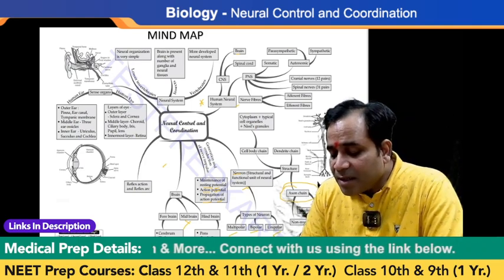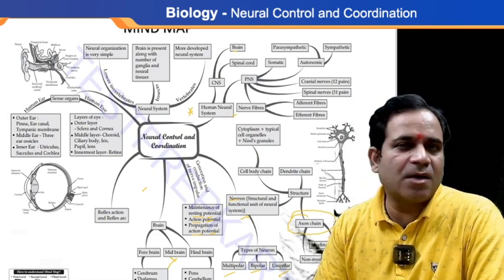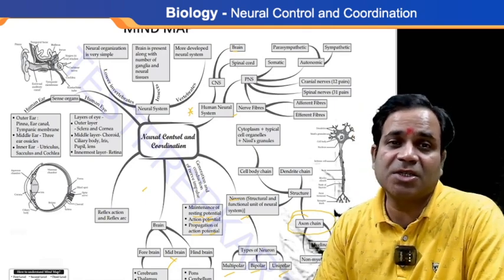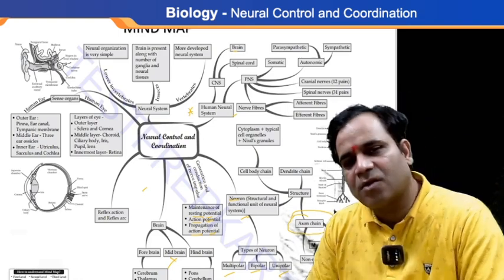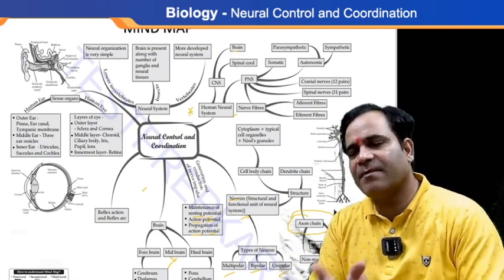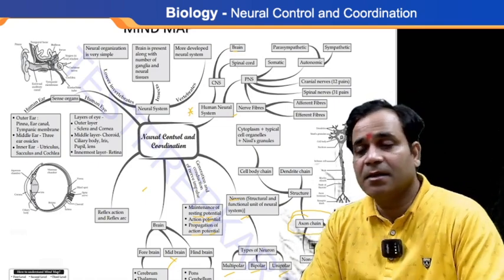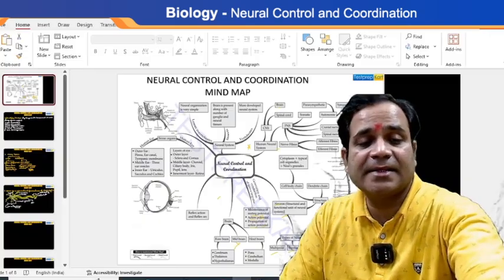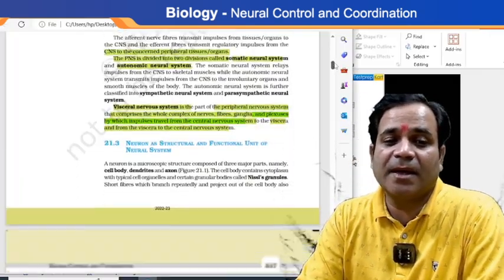So a sensory neuron is such a neuron which carries the impulses via the sensory organ to the brain, while the motor nerve, my dear, is such a nerve which carries messages from the brain to the spinal cord, and from the spinal cord they release the different impulses to each and every part of the body. Right? This one thing is clear. Now come to the point of NCRT. Let's check this NCRT. Okay.